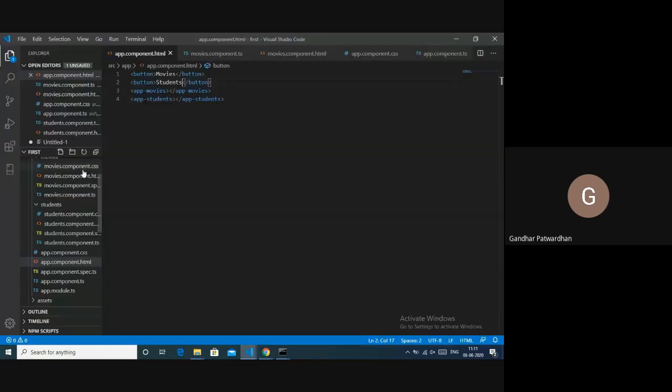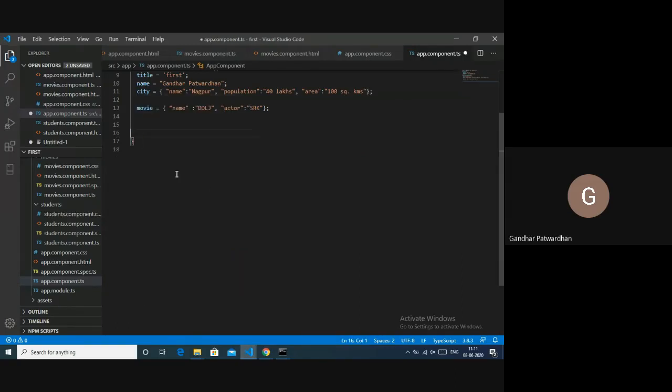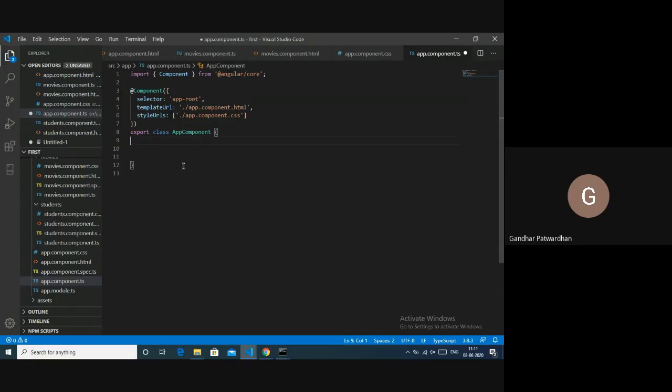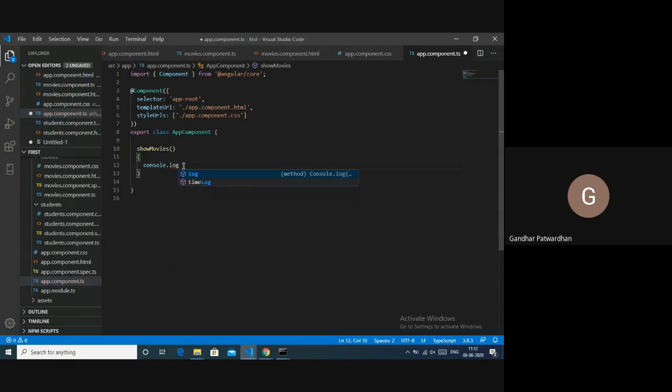So what we will do is create a member function inside our component class. I'll remove all the data members here. And I will create a function showMovies, and here I'll simply say console.log show movies.